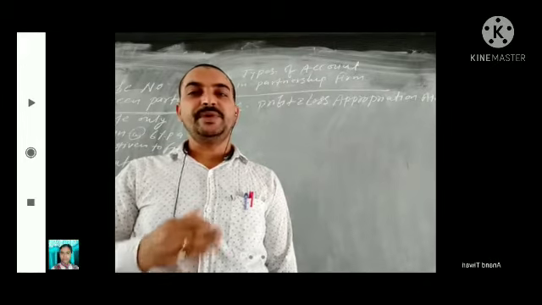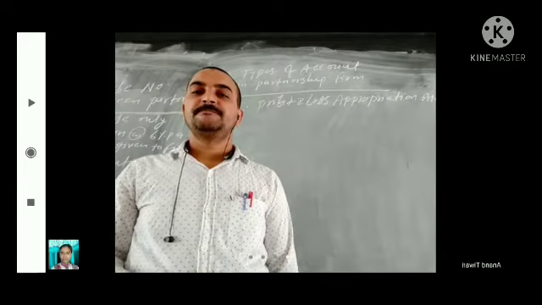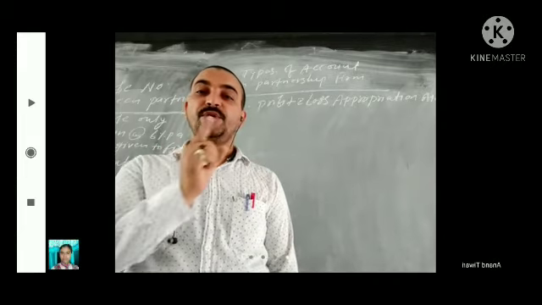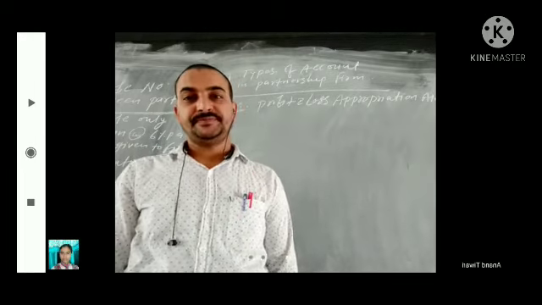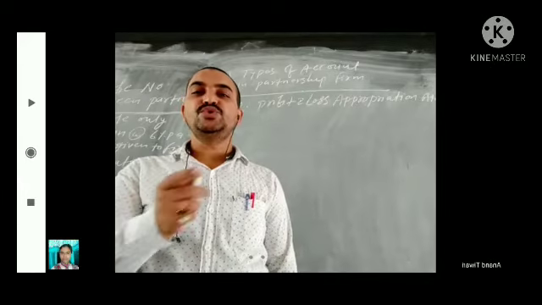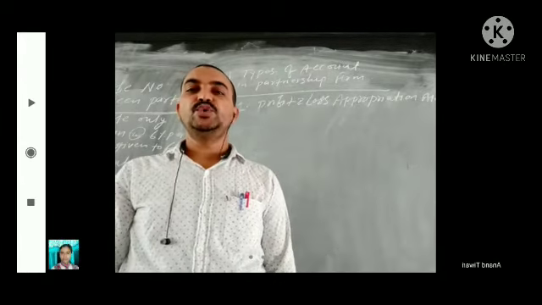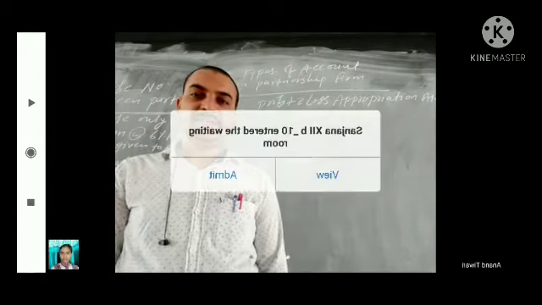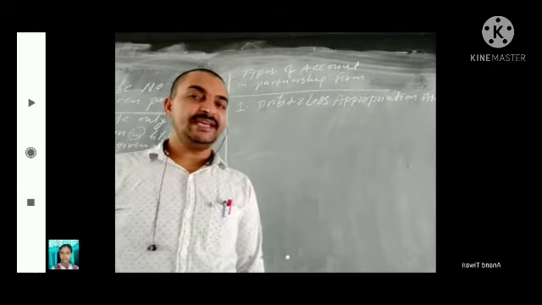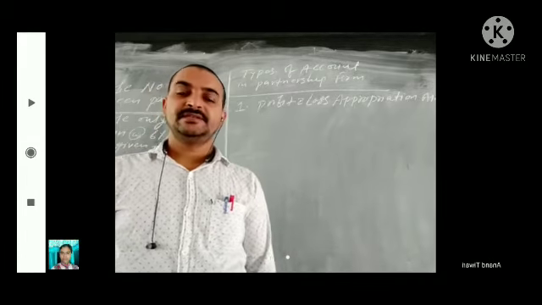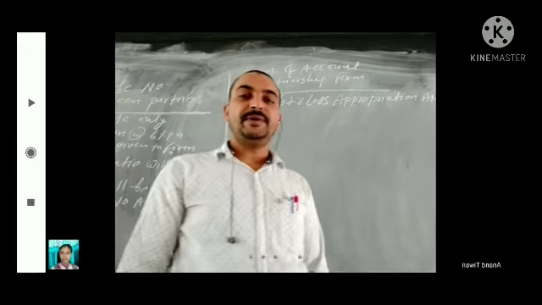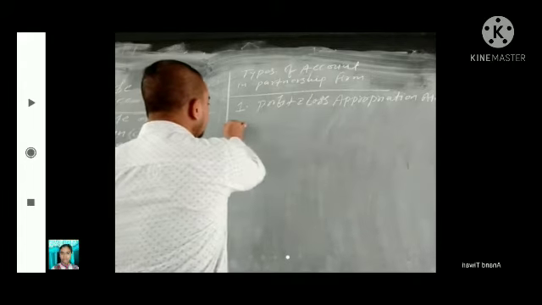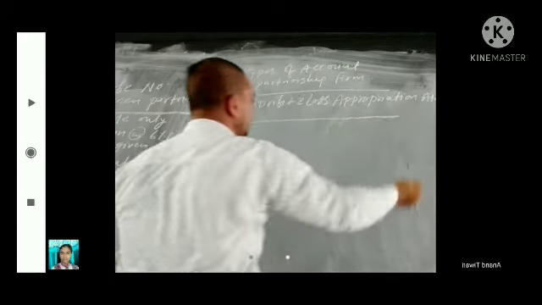This account begins with the net profit or net loss which you have got from profit and loss account, and items which you show in this account are called charge against profit. Clear? So look here, I am making the format of profit and loss appropriation account. This is the profit and loss appropriation account format.